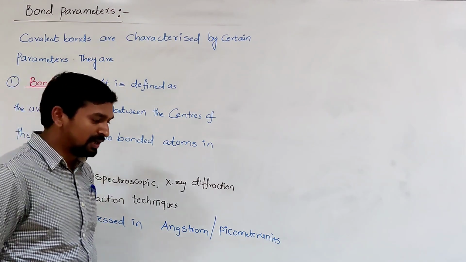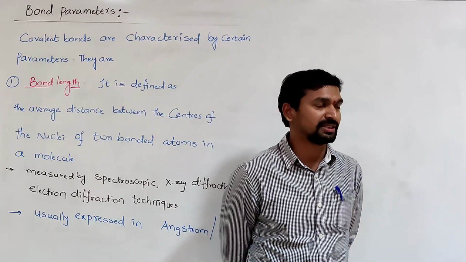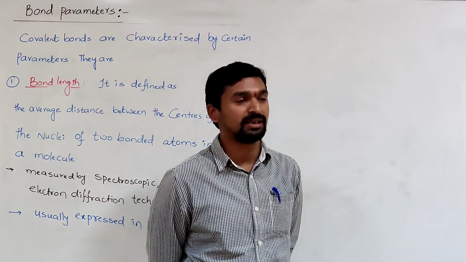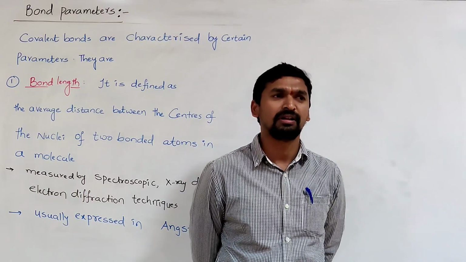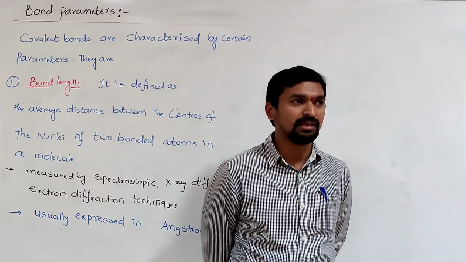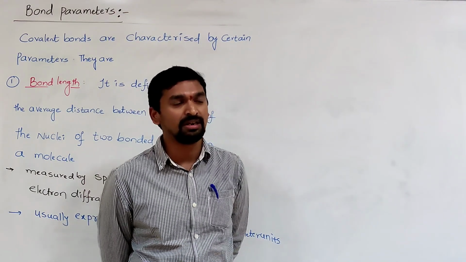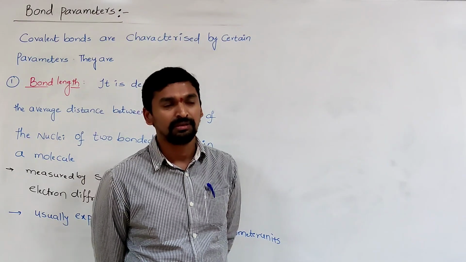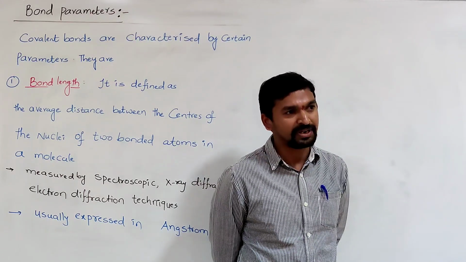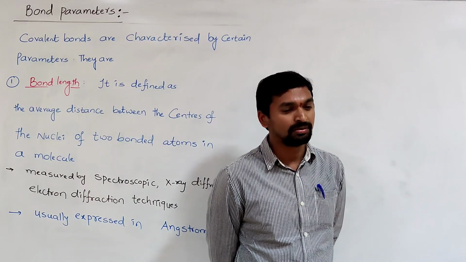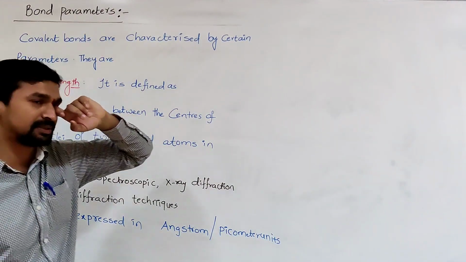Generally in covalent compounds, covalent bonds are present between the two atoms. Are these covalent bonds the same or different? For example, between carbon and carbon a single covalent bond is present, and between carbon and hydrogen there is also a single covalent bond. What is the difference between these two covalent bonds? Is there any difference or not? To answer such questions, this concept is useful, that is bond parameters.